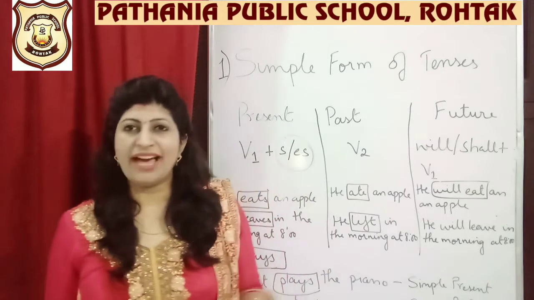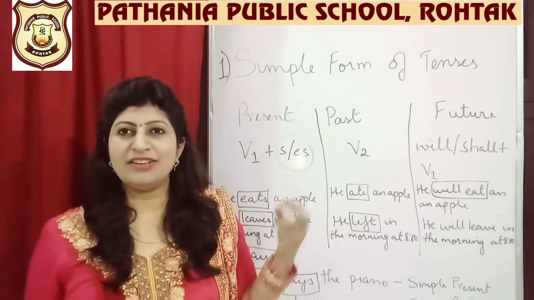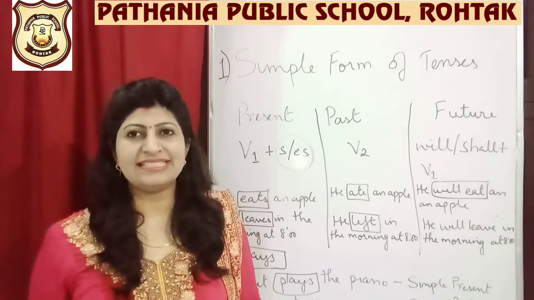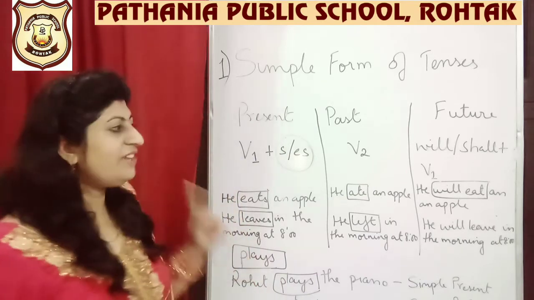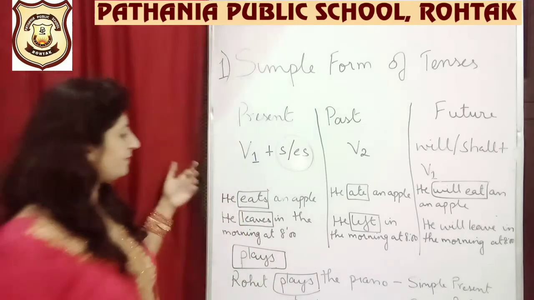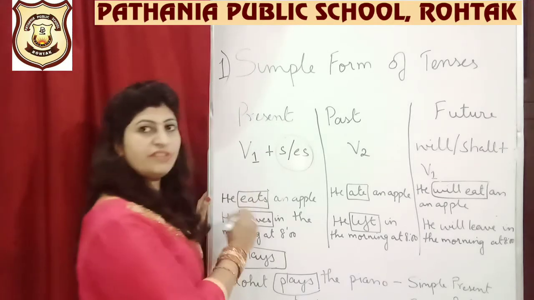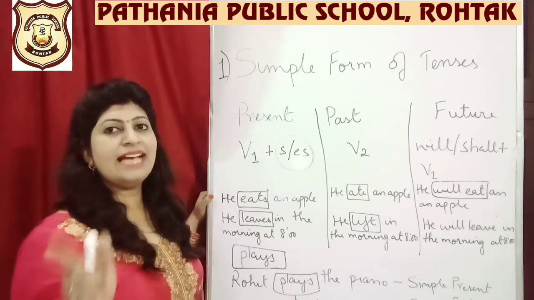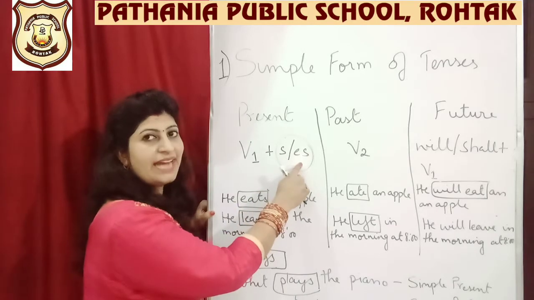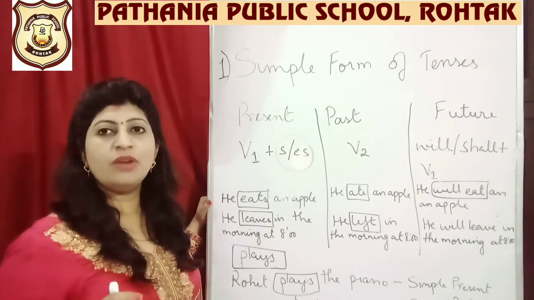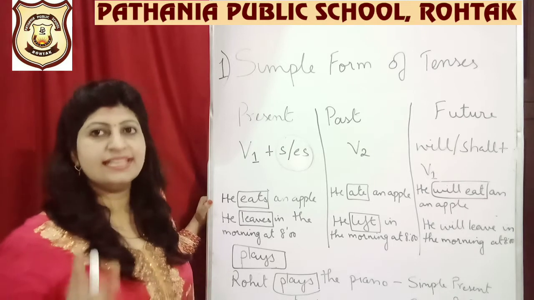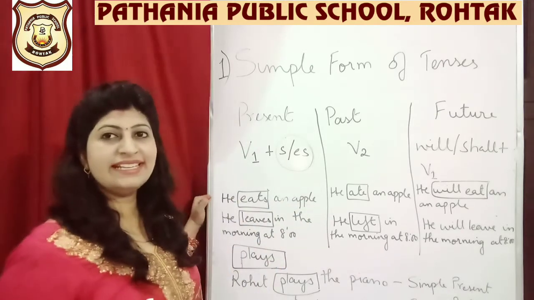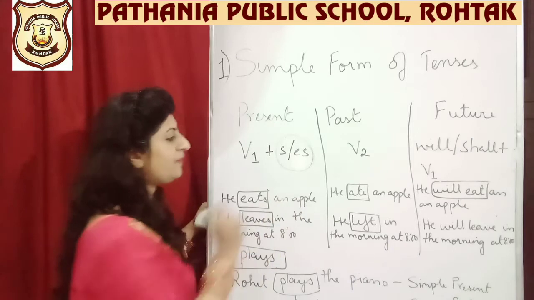Now you must be thinking why ma'am is just going on with these definitions which are just going over the head. So let's take it in the form of sentences. I'm sure it will be clear to you. We have taken the verb eat. So eat is the basic form of the verb. Eat, ate, eaten. Eat is the V1 form. And as per my rule, s or es should be added. So in it, we always add s, we don't add es. So he eats an apple. Simple present tense, the sentence is: he eats an apple.